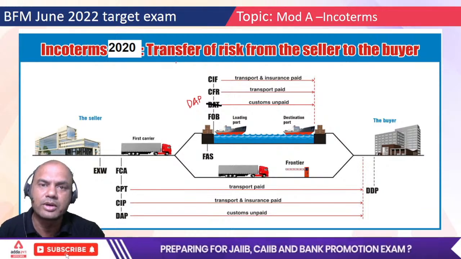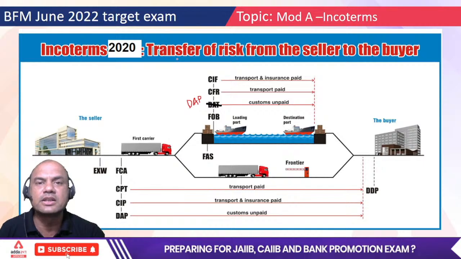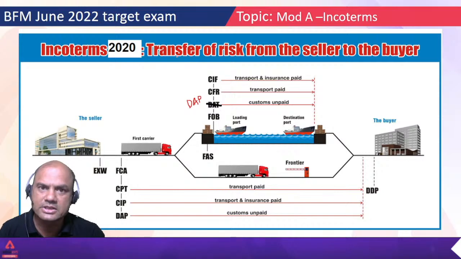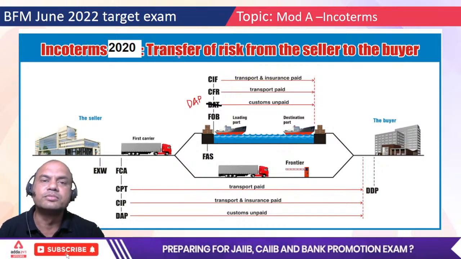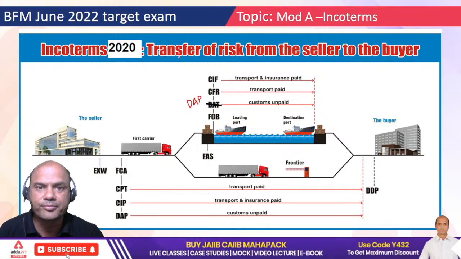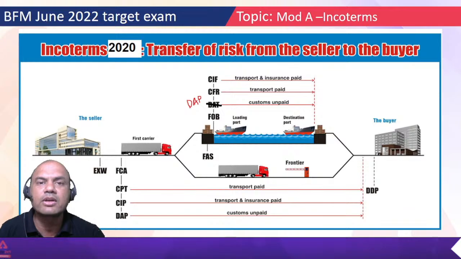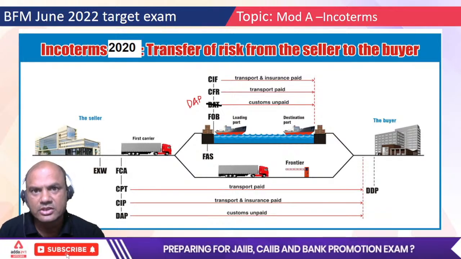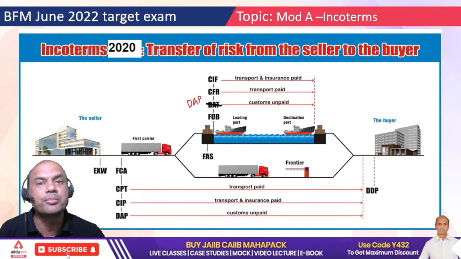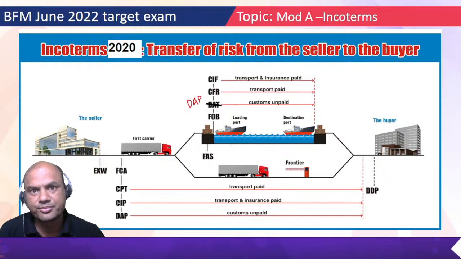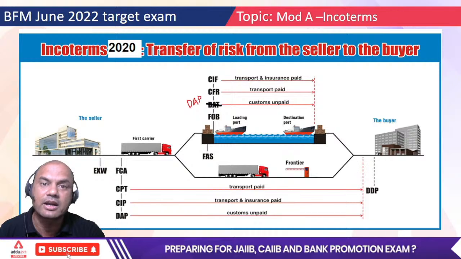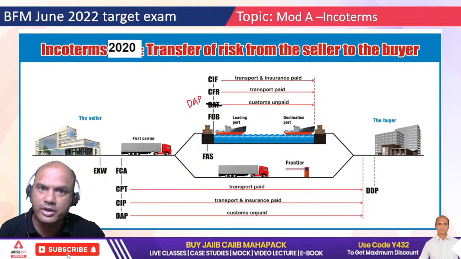Suppose me and you are doing some business. I have to sell certain goods, let's say a refrigerator. Okay, I am the shopkeeper, you are the purchaser. I have to sell the refrigerator. So if I say, okay, this refrigerator you take it from my shop, and immediately after that, whatever the cost is, it's yours. Okay, so that's one Incoterm. Here the risk of that refrigerator is up to what? Only up to my doorstep. After the doorstep of my shop, if anything happens to the refrigerator, it's your call. Okay, that is point number one.